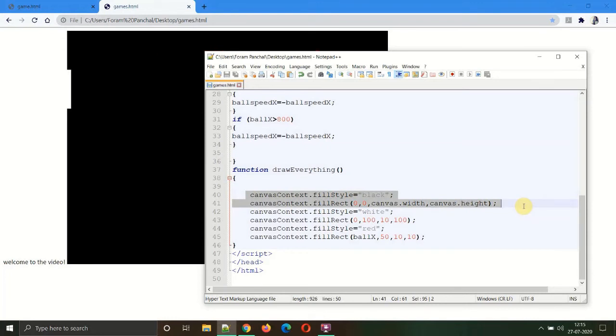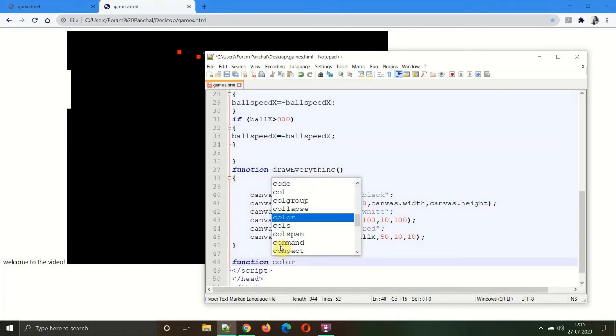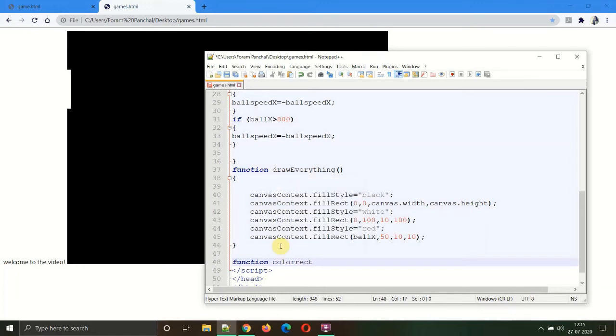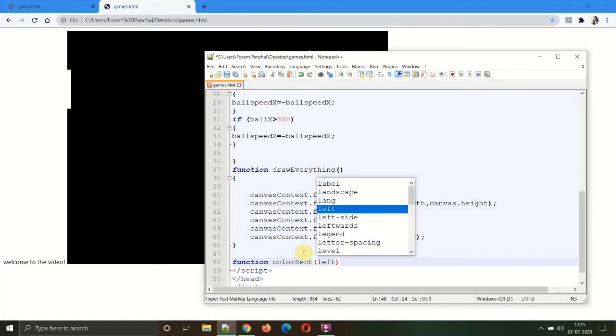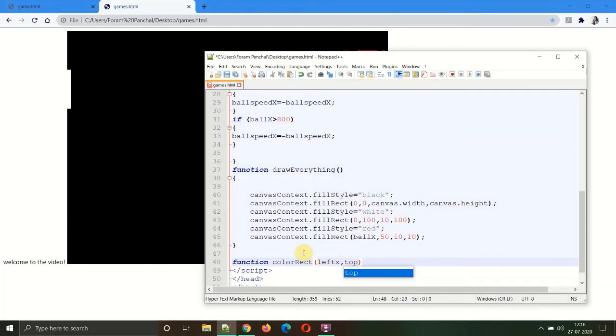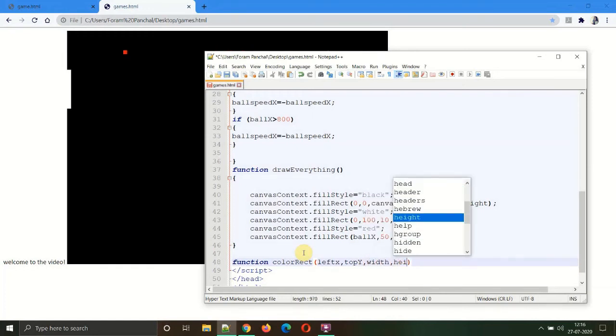So what we need to do is copy the two lines, create another function color rectangle, keep the R capital so it's easily understandable, and let's give the coordinates as left x, top y, width and height, and also the color. Let's give it a name, draw color.